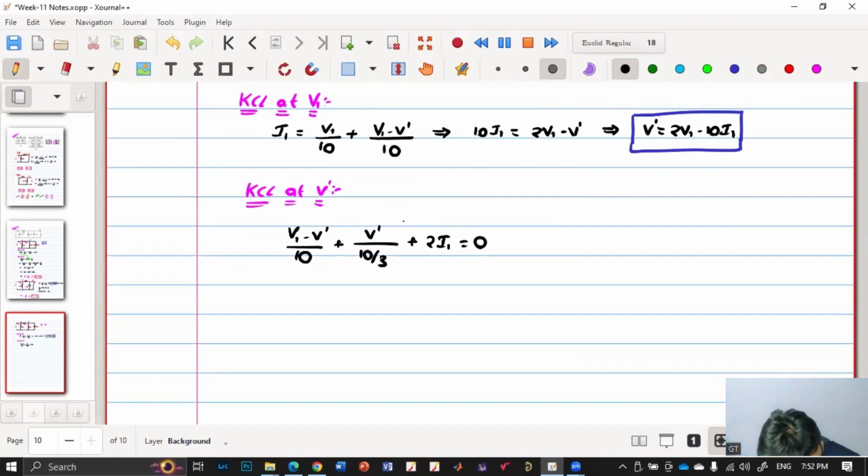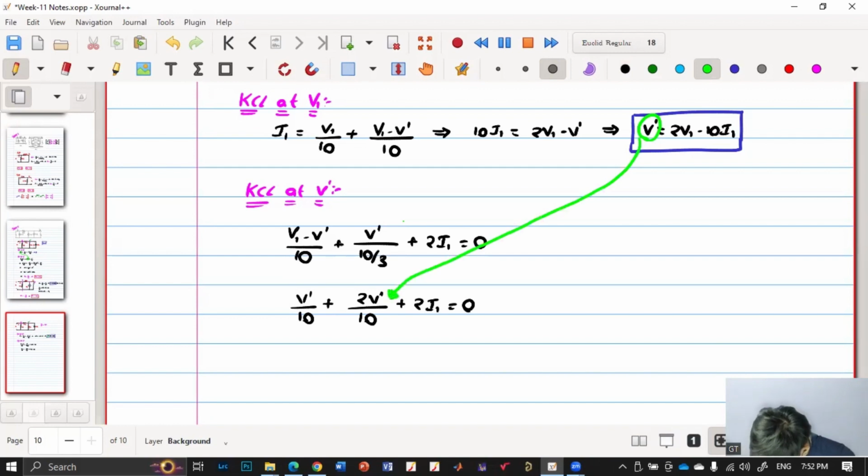So now we will get V dash by 10 plus 2V dash by 10 because this is plus 3, this is minus 1, plus 2I1 is equals to 0. So now substitute this V dash here. Sorry, this is V1, this is V1, this is also V1. So V1, here we have V1 plus 2V dash. So 4V1 minus 20I1 plus,